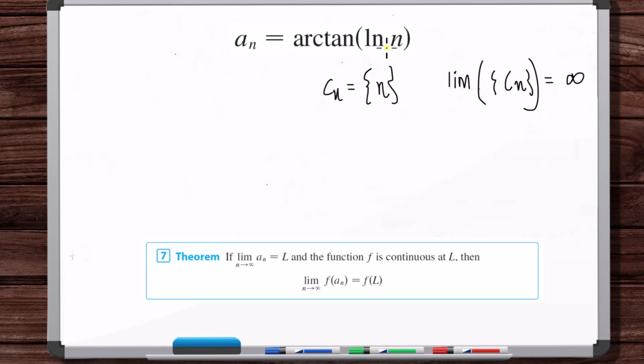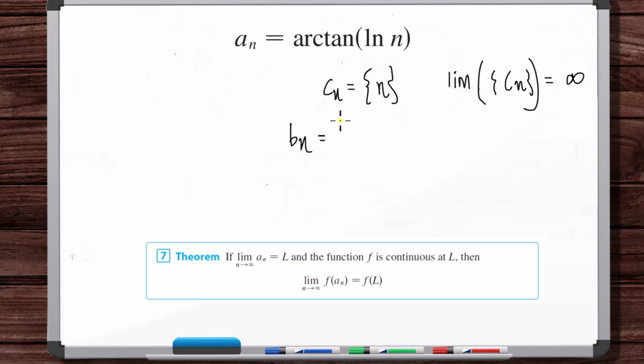Any positive number that you can evaluate natural log at, and infinity is, no matter what, always a positive number. So according to this theorem, I'm using it as an engineer, and mathematicians would get mad at what I'm saying here, because this theorem is just saying that it has to exist and equal to L. Infinity is not a number, right? But what this theorem is saying to me is that we can say that then if B sub n